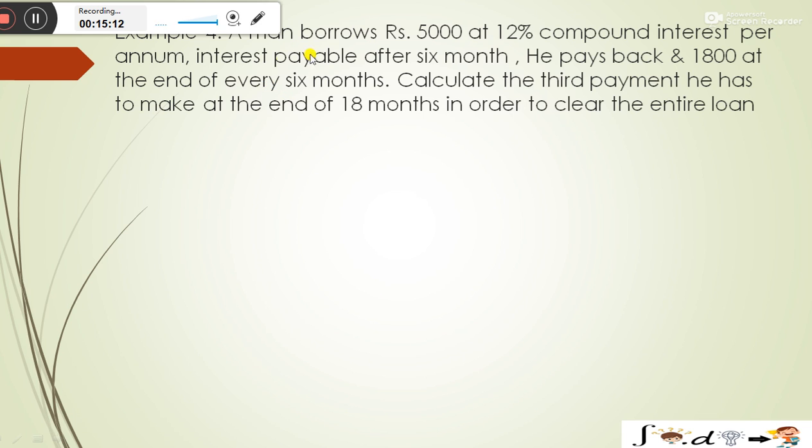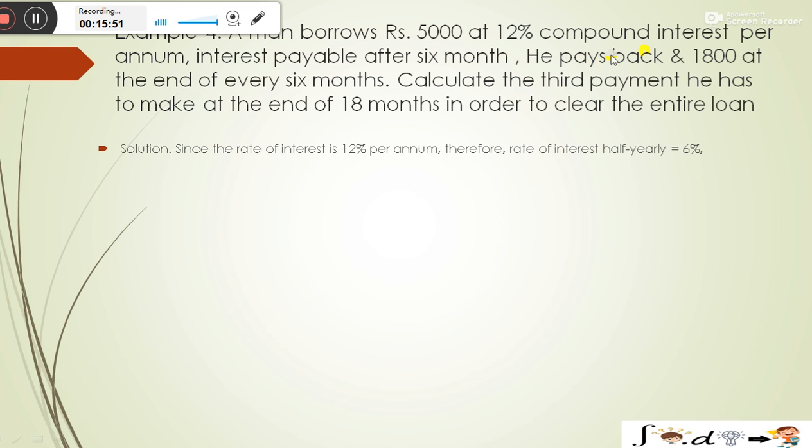And now we have the next example. A man borrows rupees 5,000 at 12% compound interest per annum. Interest payable after 6 months. And he pays back rupees 1,800 at the end of every 6 months. Calculate the third payment he has to make at the end of 18 months in order to clear the entire loan। यानी कि जो उसने बोरो किया 5,000, 12% कंपाउंड इंटरेस्ट है पर एनम, और आफ्टर 6 मंथ के बाद